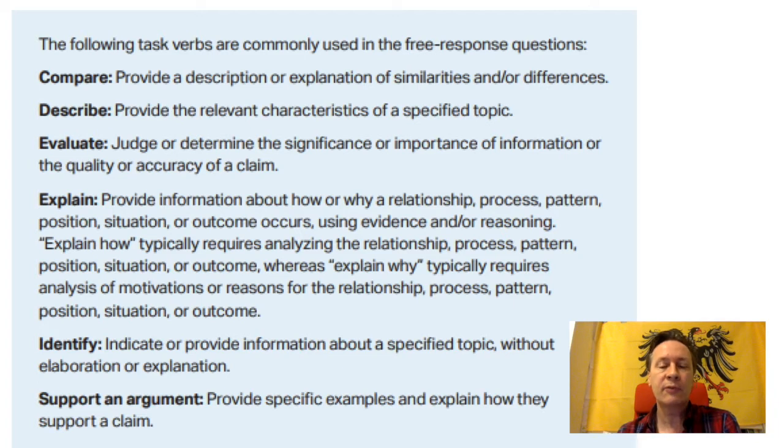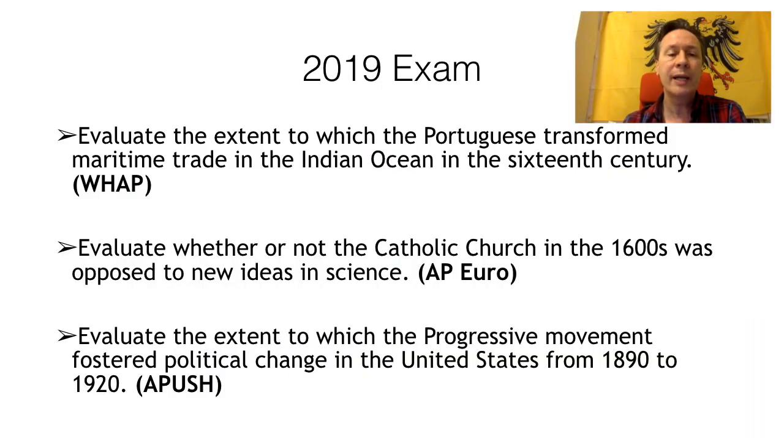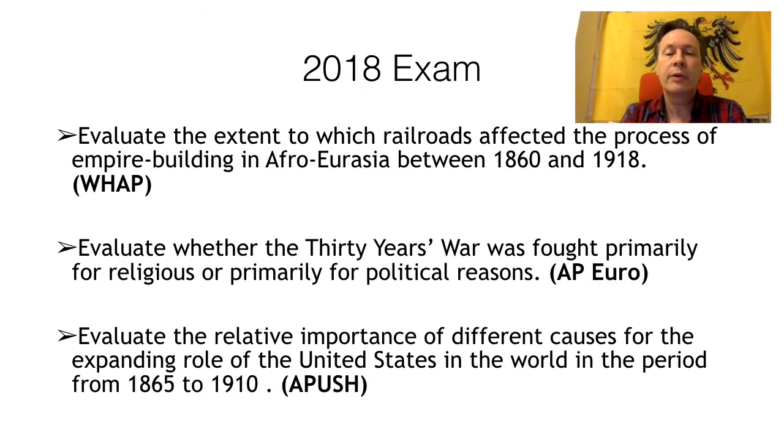Now, let's look at the prompts for all three exams for the past 3 years. I'll read them quickly, but see if you notice something in common as I go through them. For 2019, evaluate the extent to which the Portuguese transformed maritime trade in the Indian Ocean in the 16th century, for WAP. Evaluate whether or not the Catholic Church in the 1600s was opposed to new ideas in science, for AP Euro. Evaluate the extent to which the Progressive movement fostered political change in the United States from 1890 to 1920, for APUSH. 2018. Evaluate the extent to which railroads affected the process of empire building in Afro-Eurasia between 1860